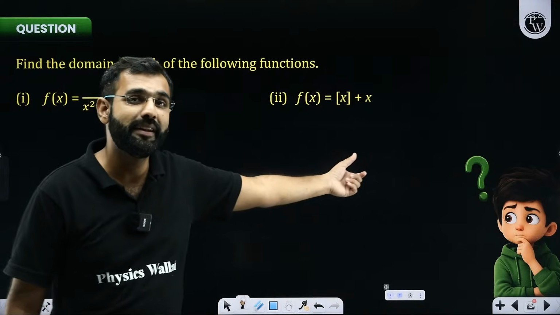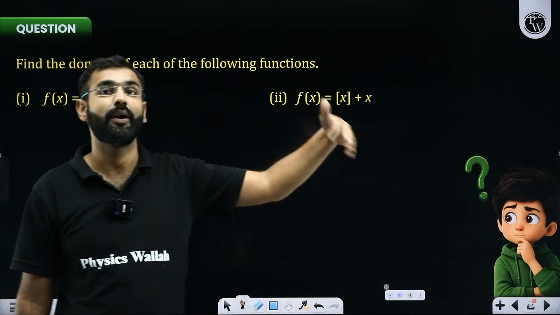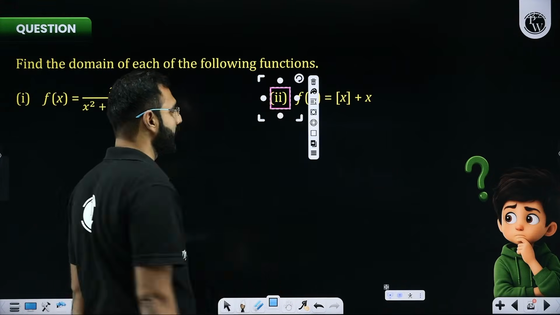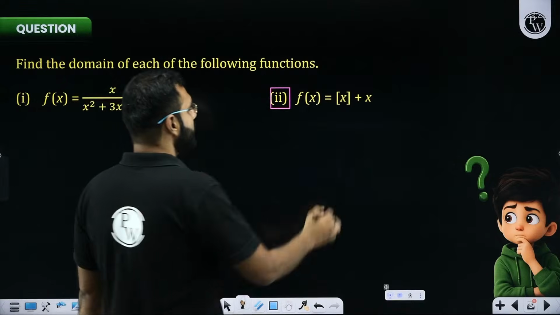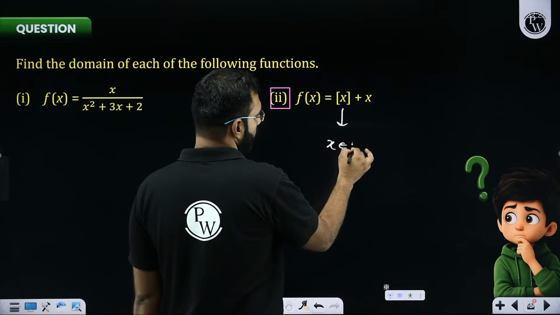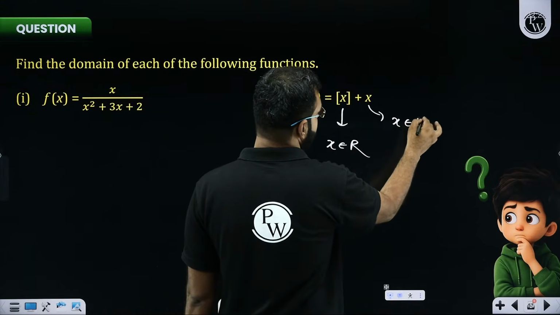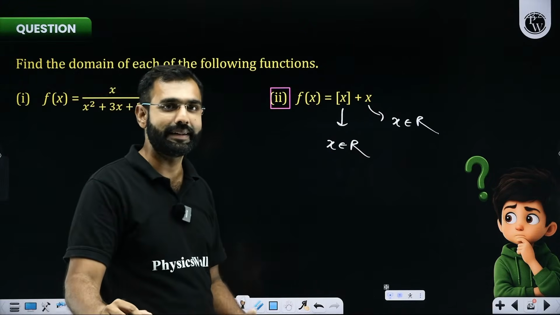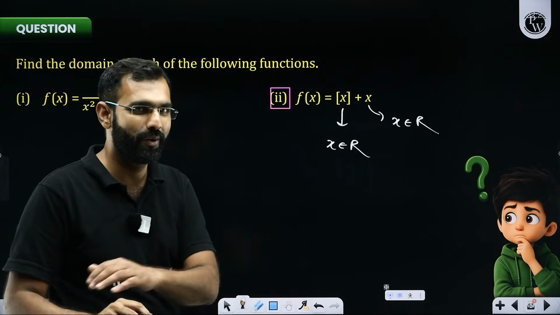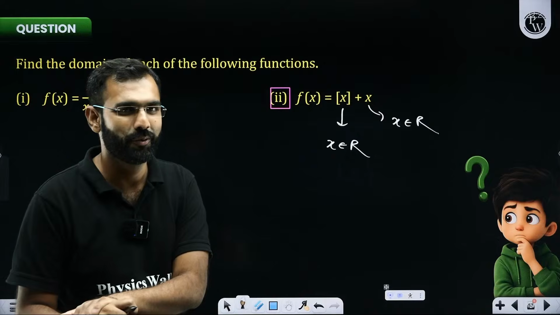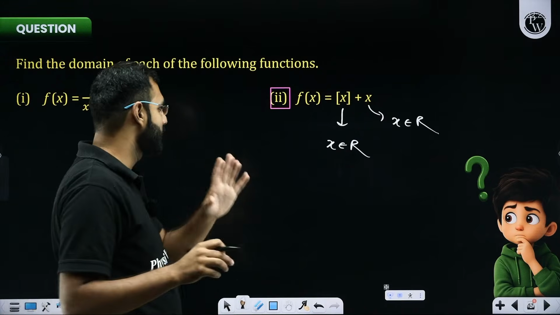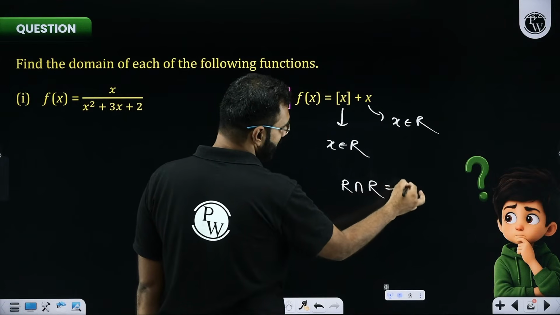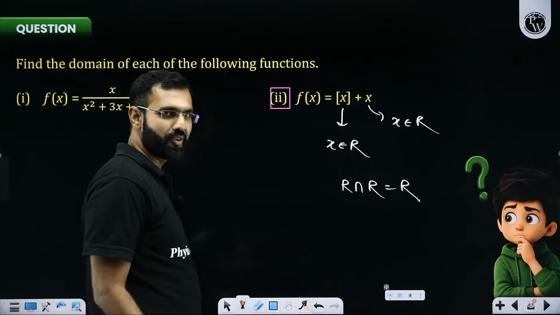For the second one, can you tell me the answer? You did discuss it with me when we were talking about algebra of functions, didn't we? Quickly tell me, what do you think could be the answer to the second question? All the participants, be quick. Sir, g(x) is defined for all real x. And if two functions are added, multiplied, or subtracted, you simply take their intersection. What are you not able to understand, Mr. or Miss Kamle? I'll explain it, don't worry. Ask unhesitatingly if it is a genuine concern or a doubt. So if you take the intersection of all the real numbers with the real numbers, that's clearly the real numbers. The domain of f(x) is going to be the real numbers.